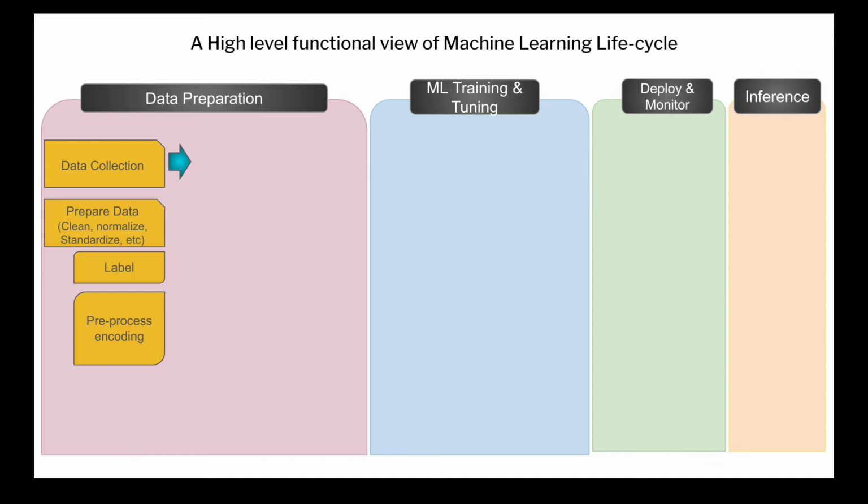The data could be any type, structured data or unstructured data. So the data collection step is the place where all these various sources of data are collected and various types of data are combined depending on the machine learning problem, and now that data is ready for us to prepare so it can